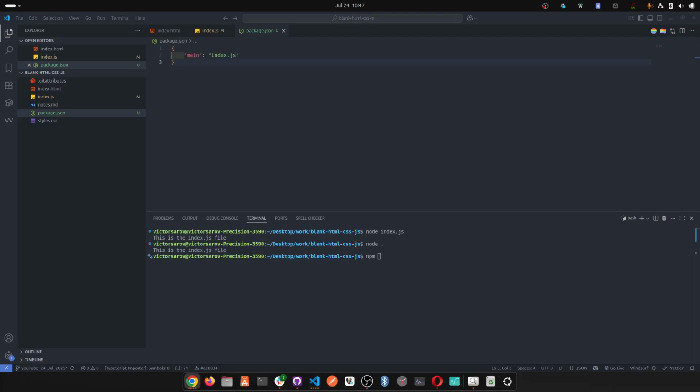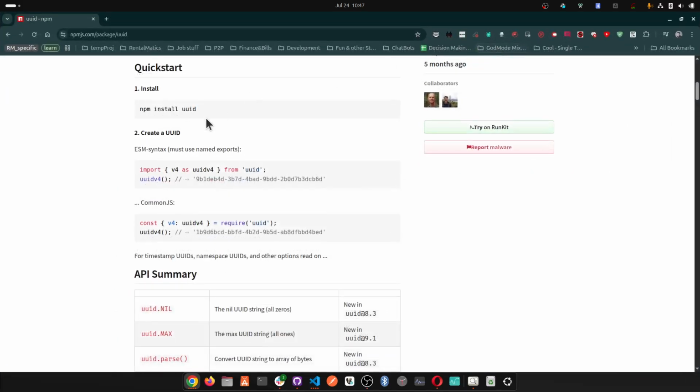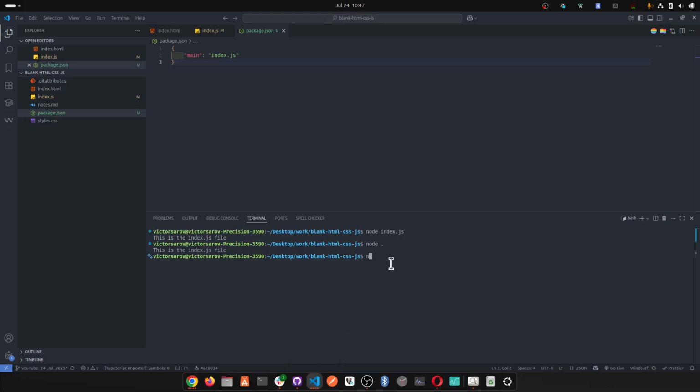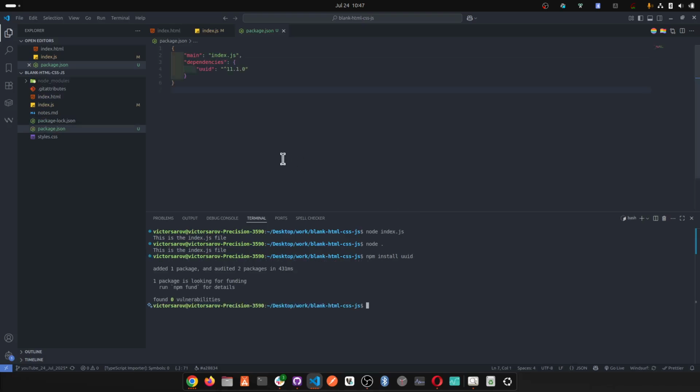So let's do this framework here. npm install like this, right? So it gets installed. You see, we see dependencies, and node module has been added, right? So now we can simply do